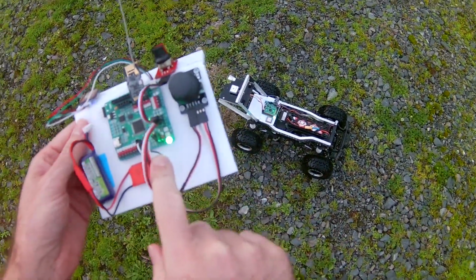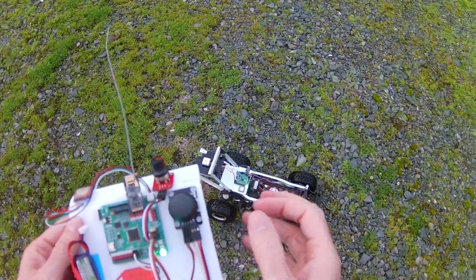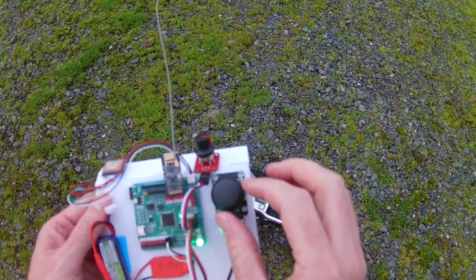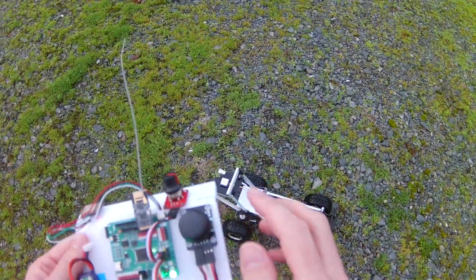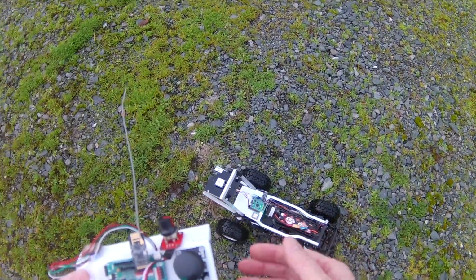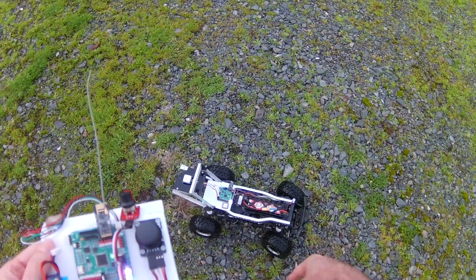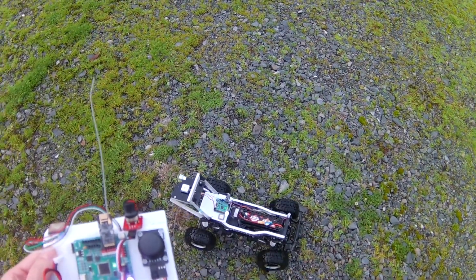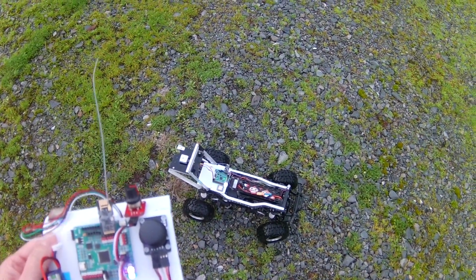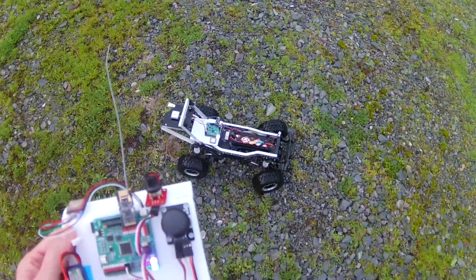Okay, looks like we have a green LED, valid GPS lock on both of these. Now, like I said, the control with this dead zone here being so large is really horrible, so I'm not going to be doing much manual driving, but that's okay, it's not really the point of this video demonstration. Now I'm standing quite close to it, so with a bit of luck, if I do my push button, you can see it's trying to come this way, but it's close enough that it's not actually going to turn the motor on. And when you're really close, you sort of get this indecisive movement from the steering wheel as well. But if I walk away a bit,